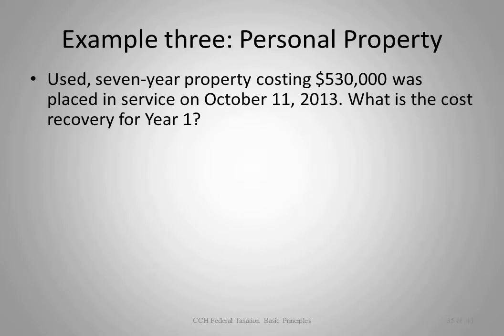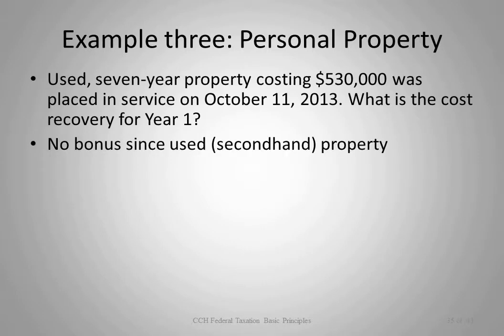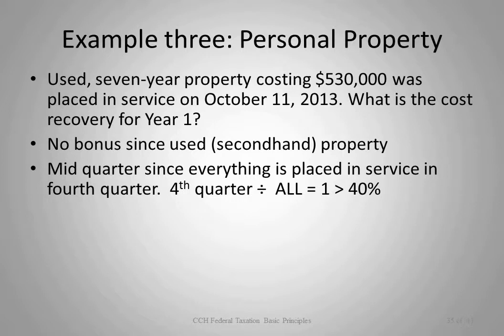There's our facts again. No bonus. Everybody agree that the word used in front of 7-year property tells us that it is not entitled to bonus depreciation. We don't need to think any further once we know it is secondhand property. Mid-quarter, since everything is placed in the 4th quarter. So the 4th quarter overall would be 530 divided by 530, which is going to equal 1, which is clearly bigger than 40%. So now the answer is going to be